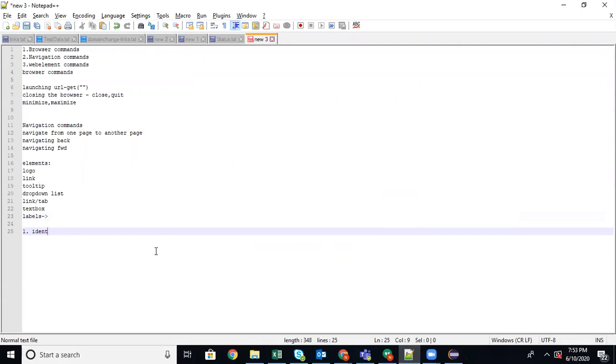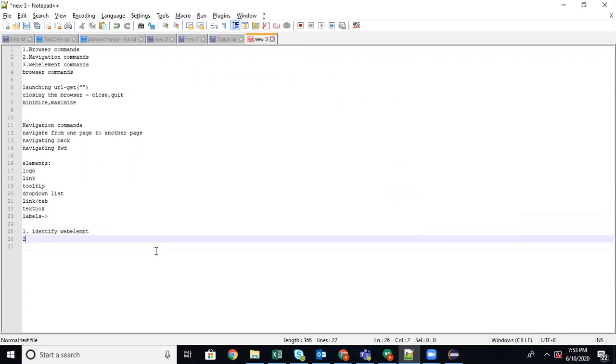First, you need to make the computer identify the web element. Second, you will do the action. What are the actions? Like clicking, drag and drop, right click, entering the text, all this we are going to do.